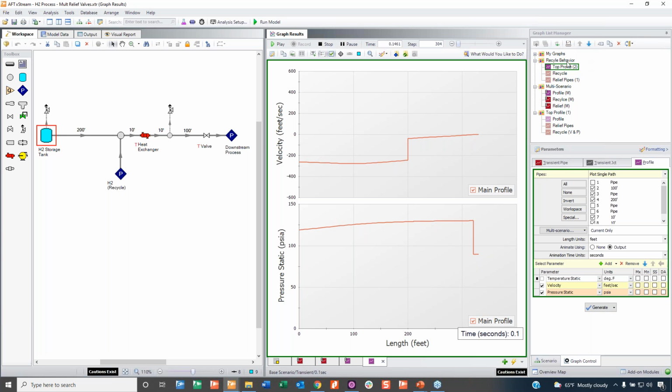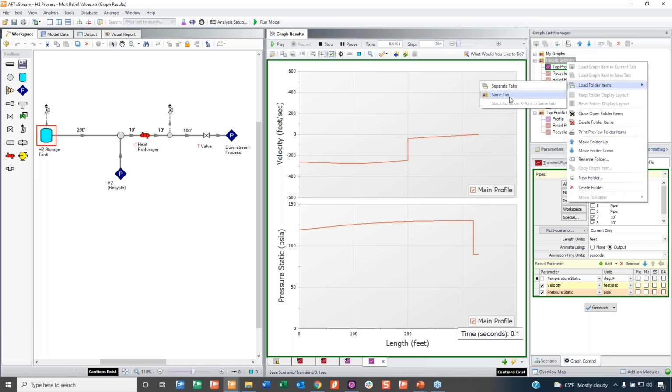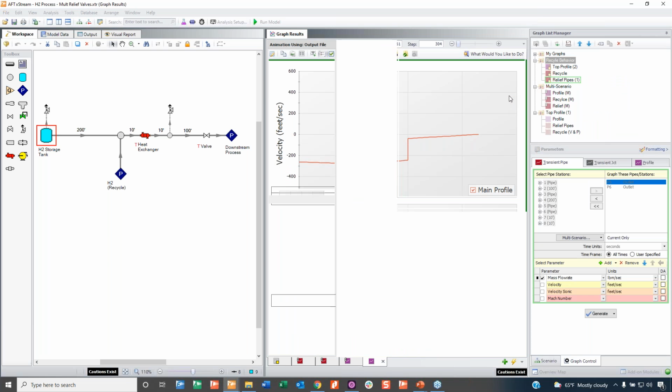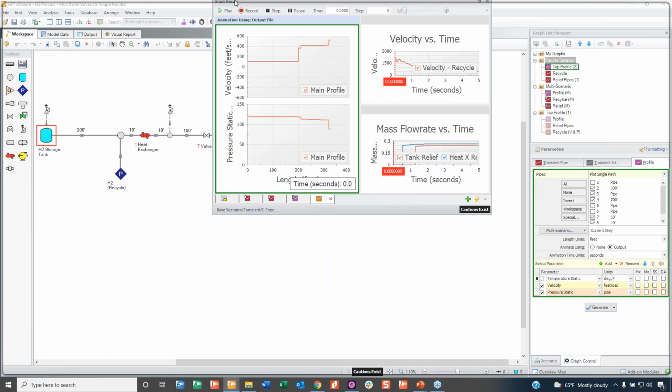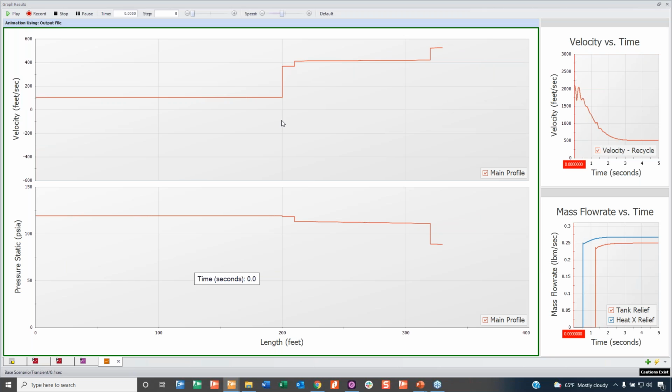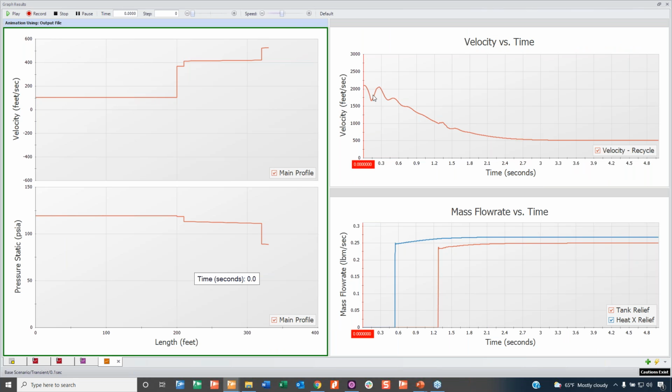So something I like to do is to load multiple graphs in one window. So what I'm going to do is I'm going to pull this out. Just remember this giant jump in velocity, that's my branch. And this is my recycle line. So just looking at how my recycle line varies with time, how its velocity varies with time. This bottom one is my relief lines. You can see they opened